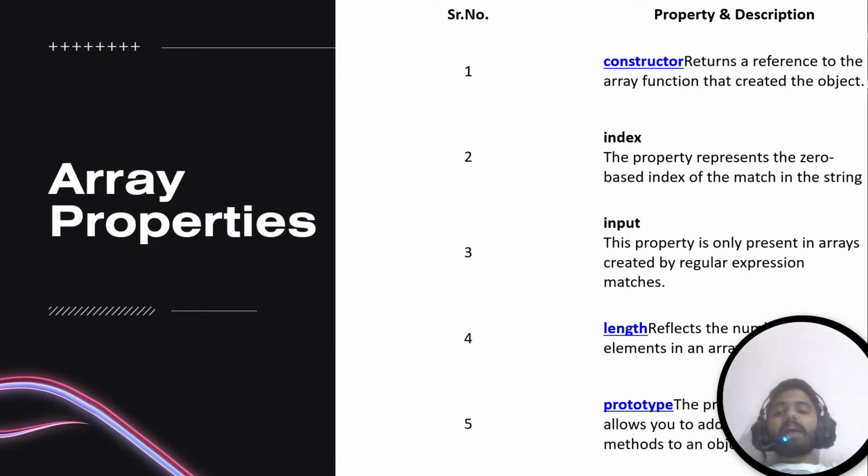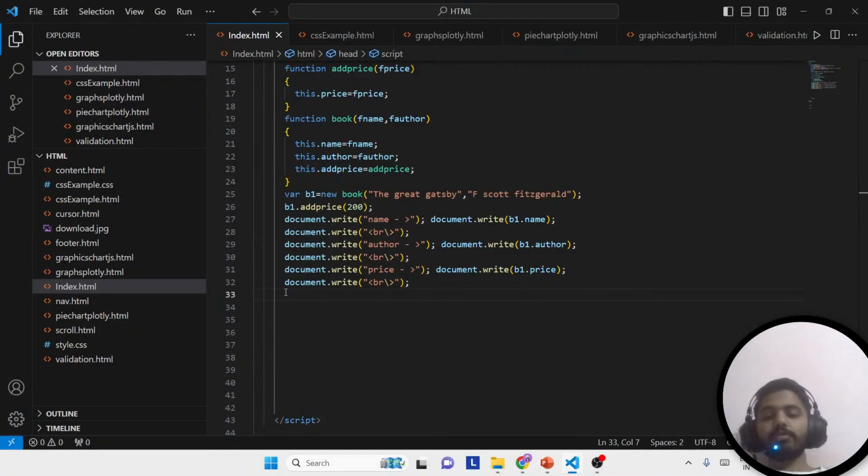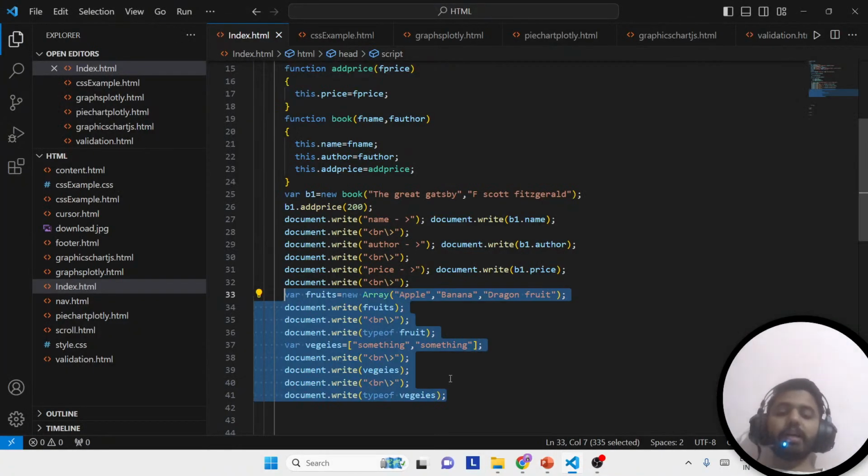So what are some array properties that you can use? First one is your constructor, which returns the reference to the array function that created the object. Then there is your index. This property represents the zero based index of the matching string. What does it mean? So when you created some array,